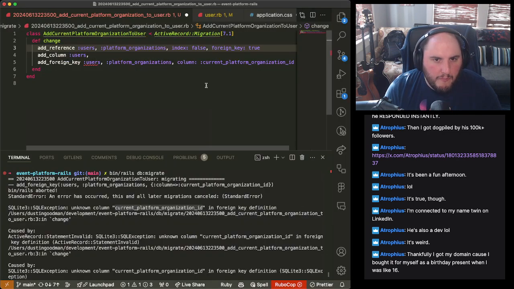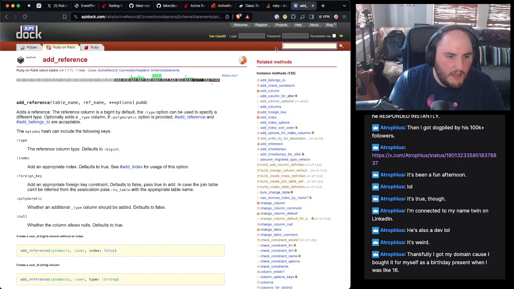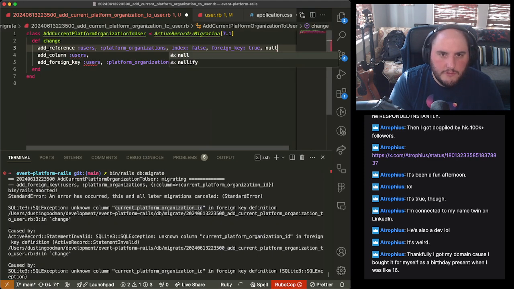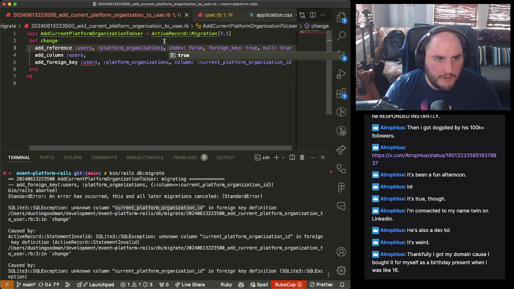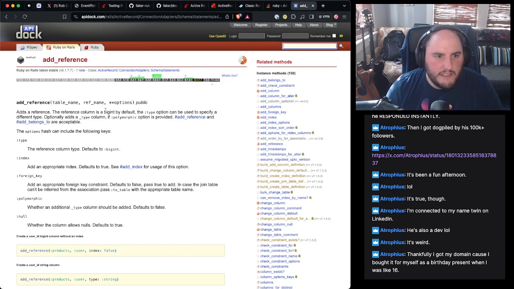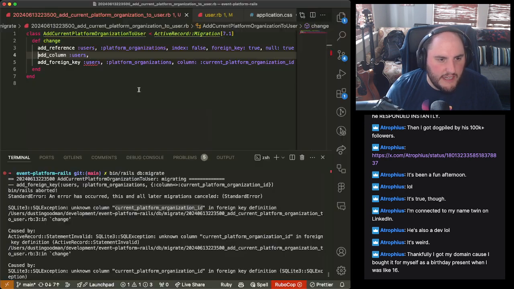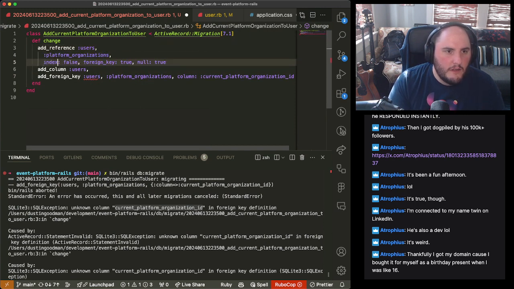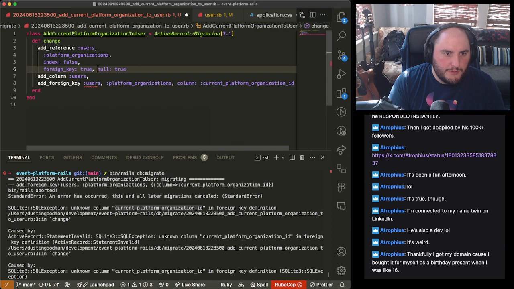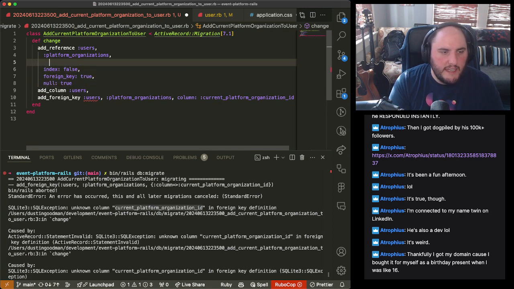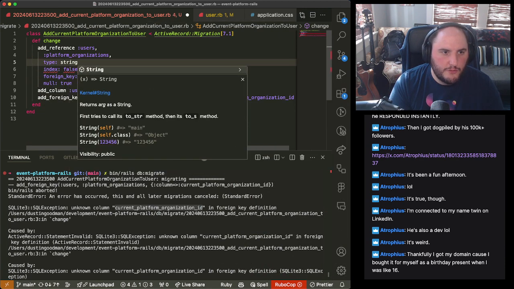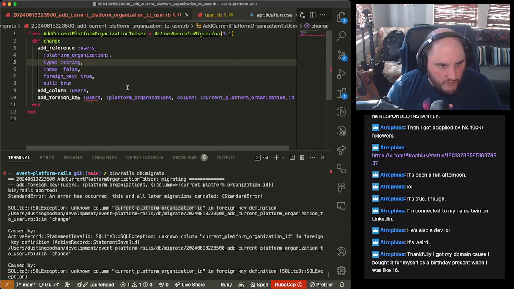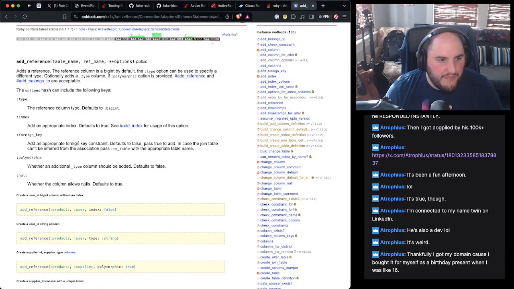We're going to allow null, so null is true. We're going to allow all of these to be true. Now, what we want is to name the column. Type, in our case, though. So let's keep going until we get this right. In this case, type is a string because these are going to be strings. We don't need an index. We do want the foreign key.